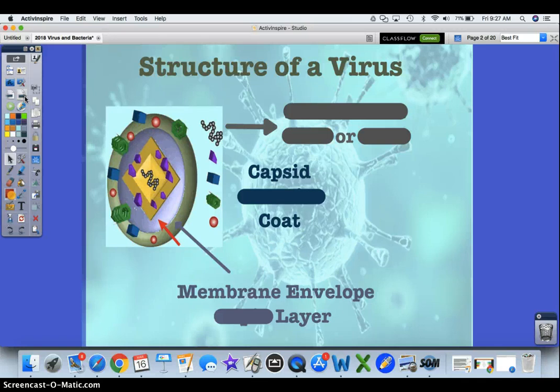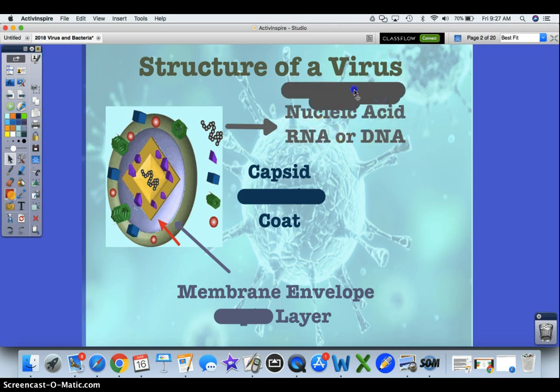So what does a virus have? Tell me if you recognize any of those parts on the slide. I'm pointing to the first thing. How do you know that's RNA? Because it's single-stranded, good. A virus is going to have nucleic acid. It's either going to be RNA or DNA. In this case, I'm showing you a virus with an RNA inside of its structure, but it could also have